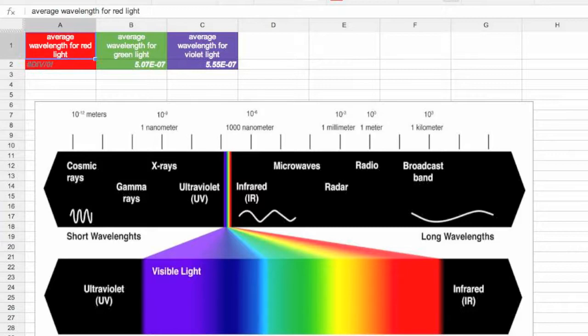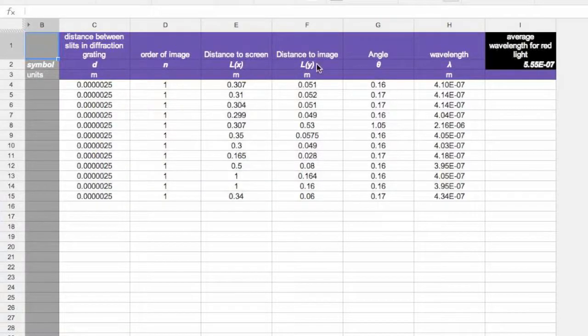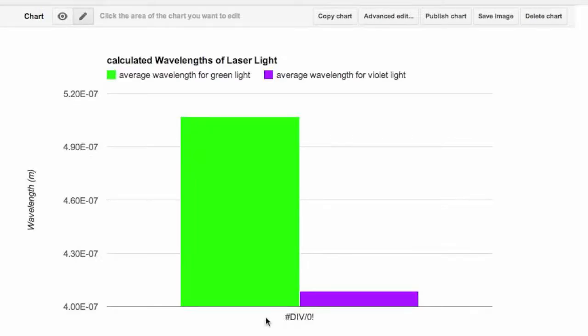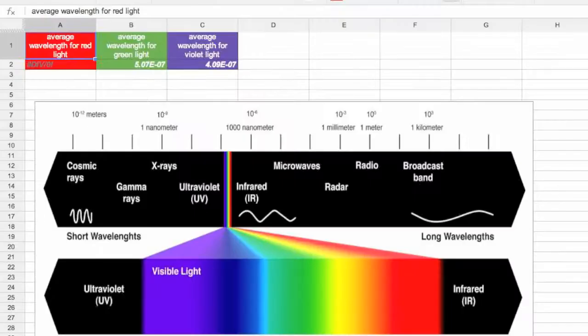It looks like our values are pretty accurate. So when they scan back and look at the data, they can see this, and they're asking, okay, maybe somebody misreported their data. This one here seems spurious, to be sure. If we delete that point, as one student might suggest, we can then go back and graph it here and show that certainly violet light is a shorter wavelength than green, as we can see just from the textbook and so forth. So the idea here is that they're using computational mathematical thinking to do the formulas to get the wavelengths, but then also to report their data in concert with others so that they can see patterns and then